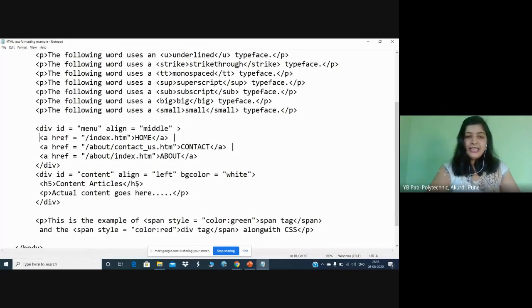You can save your web pages with different names in the same folder and give the link here. Suppose I have saved my page as introduction.html, then you can write introduction.html here. Whatever page you are linking here will be displayed on your web page. So whenever you click on this home, it will link to index.html.